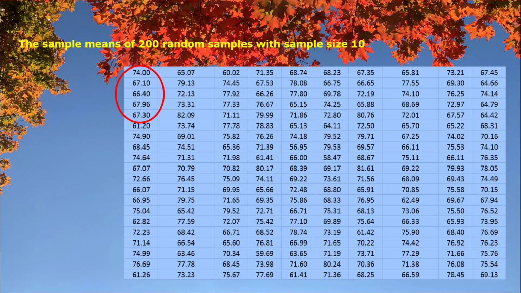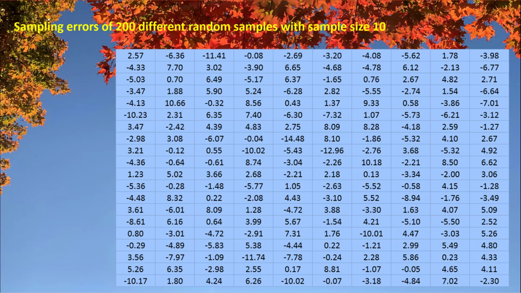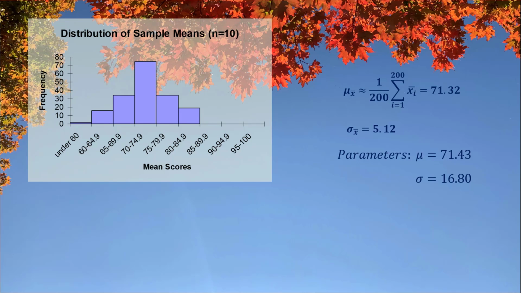If we repeat the process, we pick 200 random samples with sample size 10. We organize them into a frequency distribution again. Here we go. From these 200 simple random samples, we get an average value of 71.32 and a standard deviation